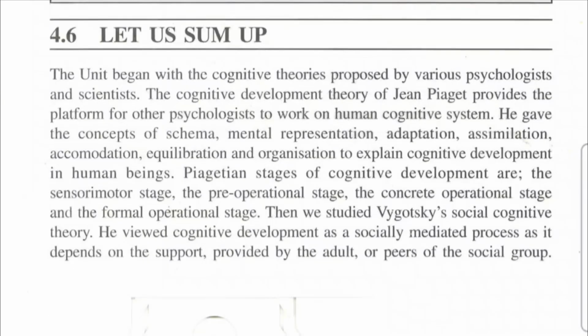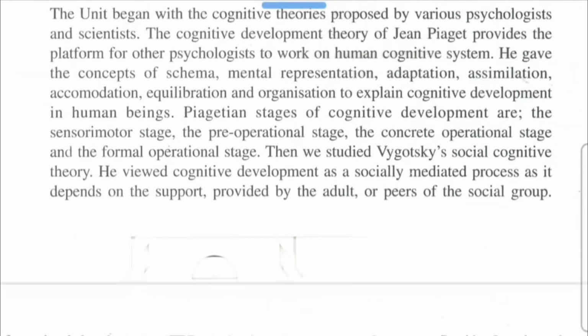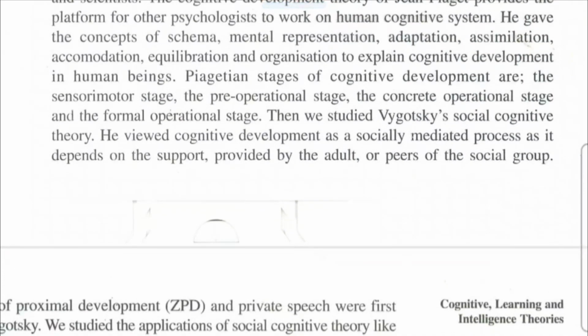4.6. Let us sum up. The unit began with the cognitive theories proposed by various psychologists and scientists. The cognitive development theory of Jean Piaget provides the platform for other psychologists to work on the human cognitive system. He gave the concepts of schema, mental representation, adaptation, assimilation, accommodation, equilibration, and organization to explain cognitive development in human beings. Piagetian stages of cognitive development are the sensory motor stage, the pre-operational stage, the concrete operational stage, and the